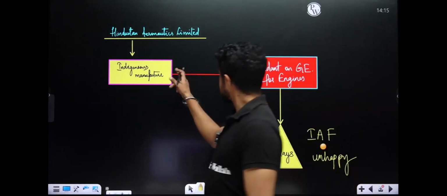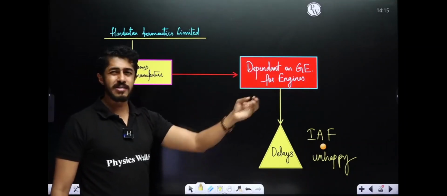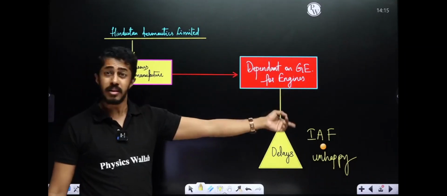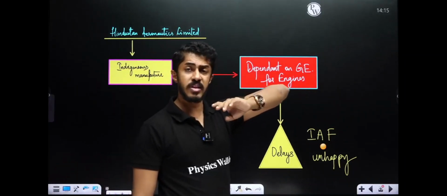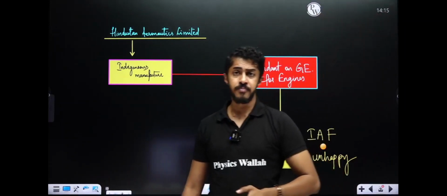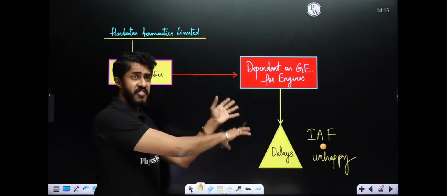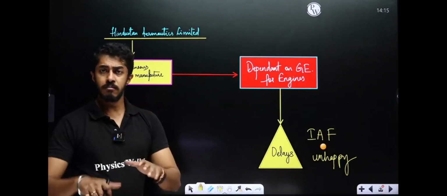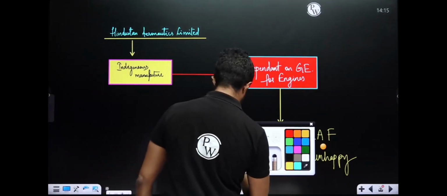Getting the point? So indigenous, we cannot keep waiting. You cannot tell Pakistan, please wait, we are still manufacturing, then we will go for war. China has already marched ahead with the 6th generation aircraft. And we are still thinking 5th generation what to do. Should we manufacture it here? Should we get it from another country? So what is the reality today?